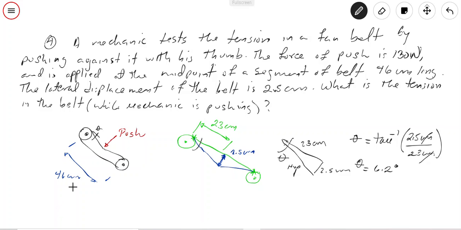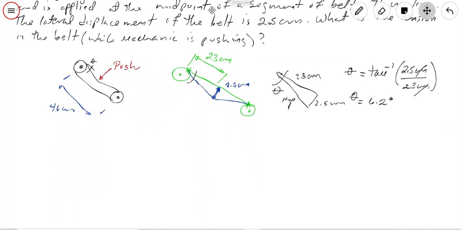Why is it important to know that angle? Because when we know this angle, now we can put together the pushing force and the tensions on the belt at this point, right? So we can make a diagram of the forces. We made this diagram of forces. We're going to have, and let me again,